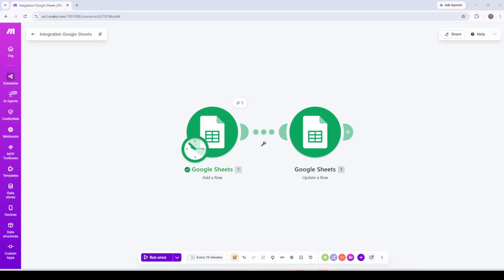Today, I'll walk you through step by step how to map variables and work with the mapping panel in Make, one of the most essential skills you need to build powerful automations. Make, formerly known as Integromat, is a visual automation platform that lets you connect apps and move data between them automatically. And understanding how to map data correctly is what separates a basic scenario from one that actually does something